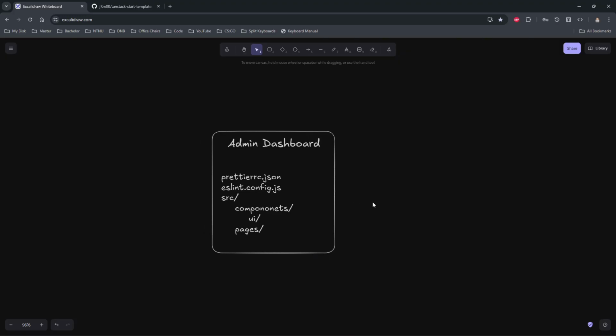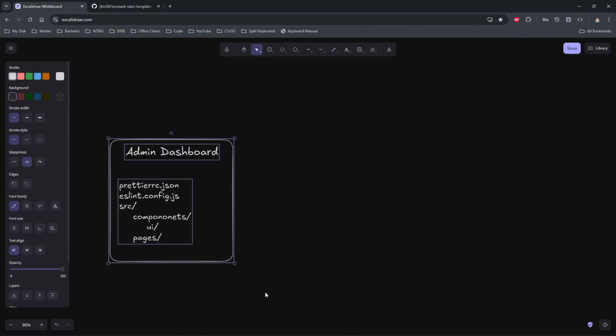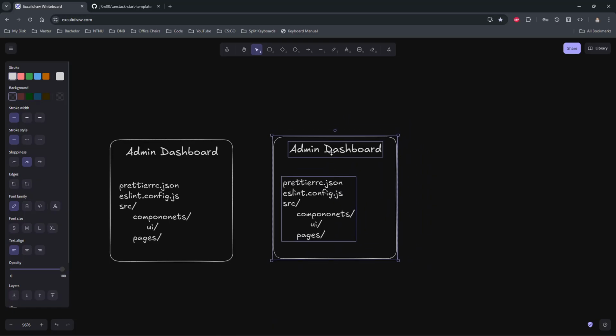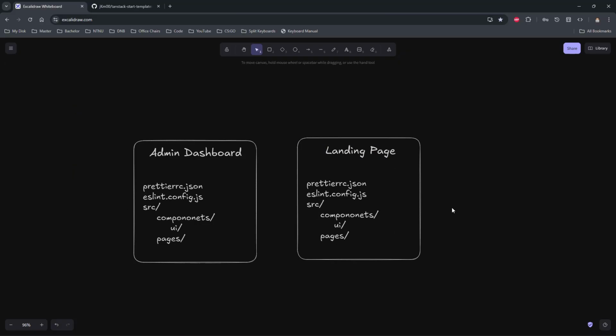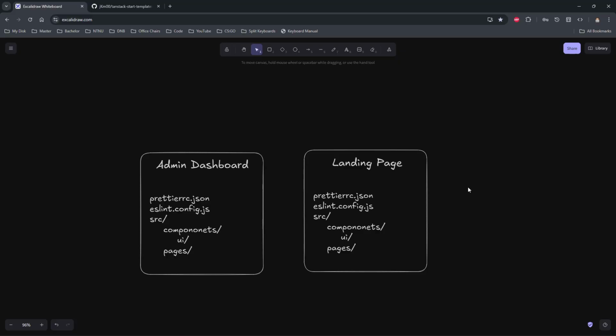Now, the problem is, what happens if you maybe want to make a landing page for your application? Well, you can take these repositories and create a new one called, for example, landing page, which will look something similar. This is also a front end, might be a little bit different because it maybe needs some more server-side rendering for better SEO, but there are some similarities: you maybe want the same configuration, and you probably want to use the same kind of UI components so that the apps feel similar, right? So there's nothing wrong with this approach, having two separate repositories,